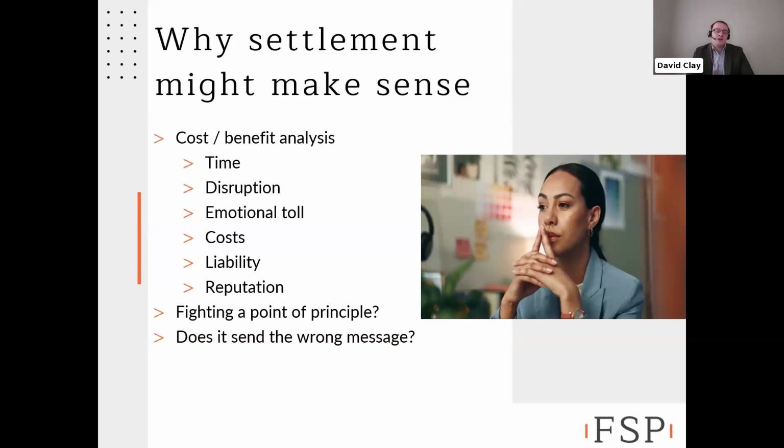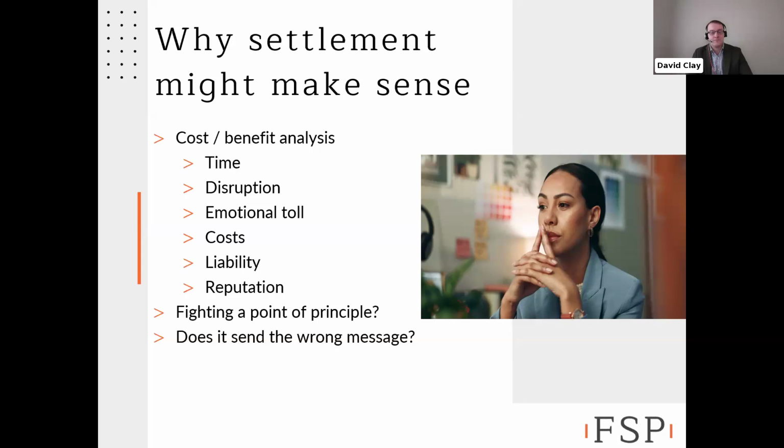So, HR time, management time, leadership, colleagues that need to be spoken to, people potentially having to act as witnesses in the tribunal proceedings in due course. So it's quite a big drain on a number of people throughout the business in defending these claims, or working through a formal process, as the case may be. That in itself is obviously pretty disruptive in terms of both the loss of time, but also in terms of a divergence of focus away from things that you might want people to be more